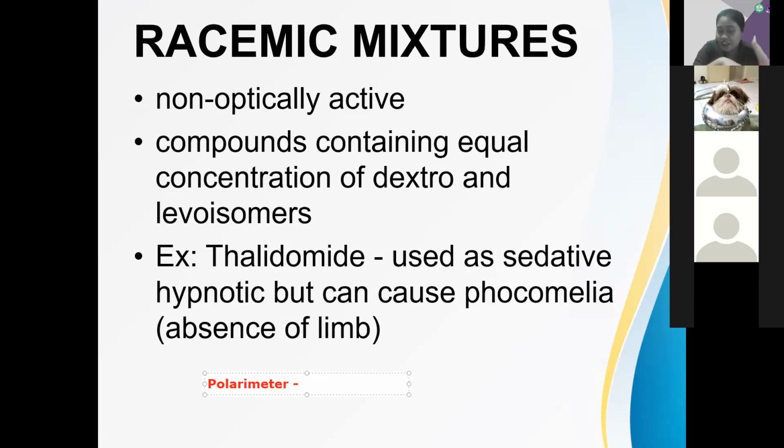We have the polarimeter. It's understandable that you cannot really remember, since you no longer have face-to-face laboratory in physical pharmacy. We have a polarimeter in school. It is used in pharmacy because this machine is used to measure